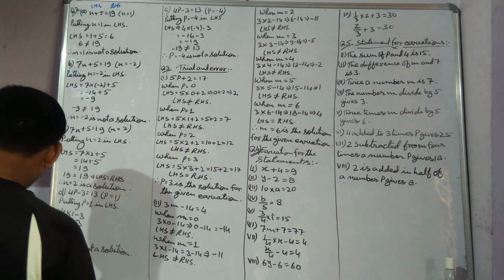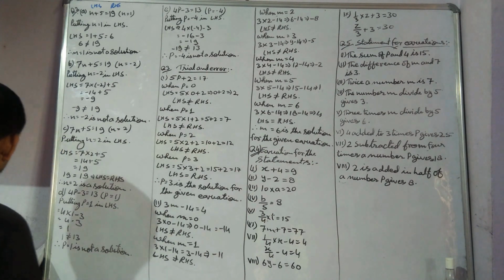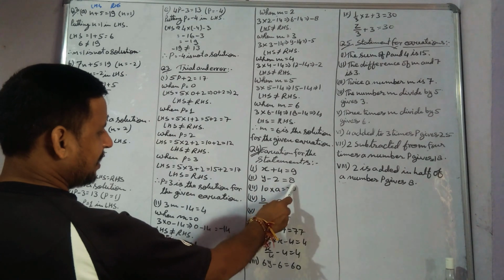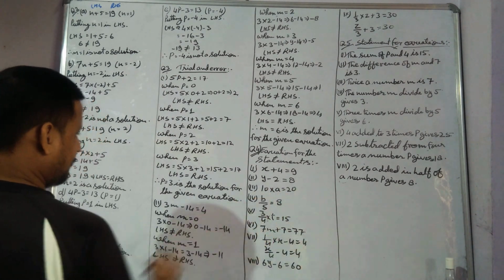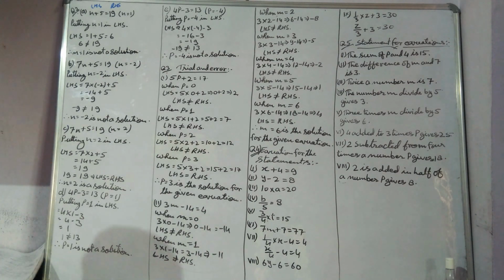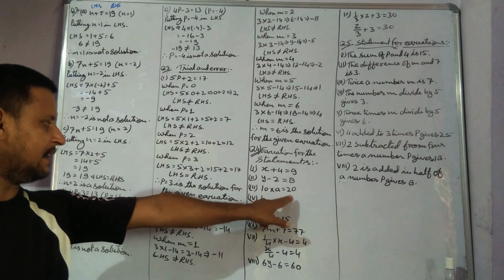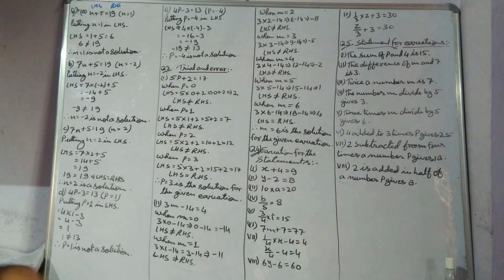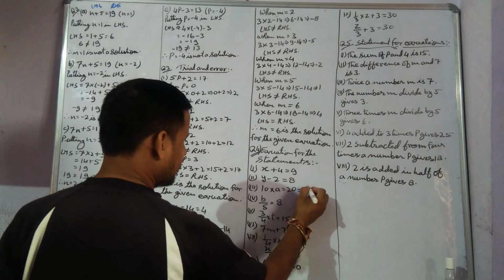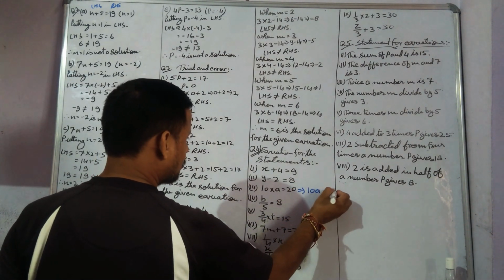Now it is saying 2 subtracted from y is 8. It means that we will subtract the 2 from the y, that time it will give us here 8. This one is the equation for the second one. Next one is here 10 times a is 70. So that is here 10 into a, 10 times means we are multiplying the given variable a by 10. So that time it is here 10 into a equals to 20, which we can write here 10a equals to 20.